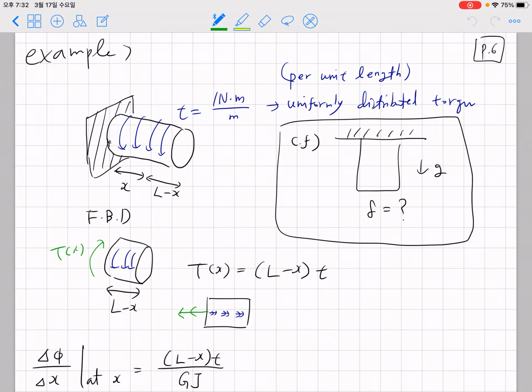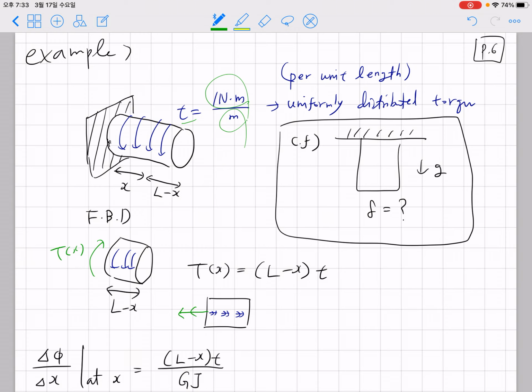So in this example, instead of having just one single large torque, we're going to consider a distributed torque over the entire surface. This distributed torque is typically denoted as small t in our textbook, and suppose that this t is uniform. Per unit length, per meter, we are applying 1 Newton-meter of torque for each surface. This can be considered a distributed torque, which has the same value per unit length over the entire